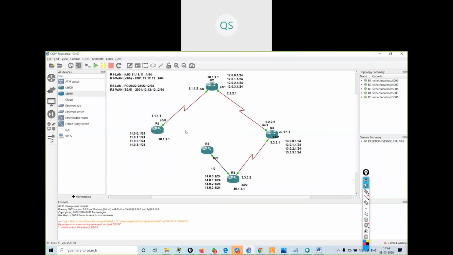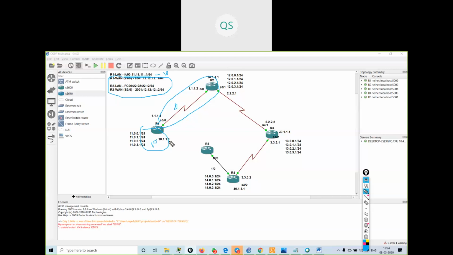Whatever is inside R1's LAN, I will put in some area, suppose area 10, and all others I will put in area 0. This will be my area 0 and this will be my area 10. Understood? So now I will configure my OSPF.